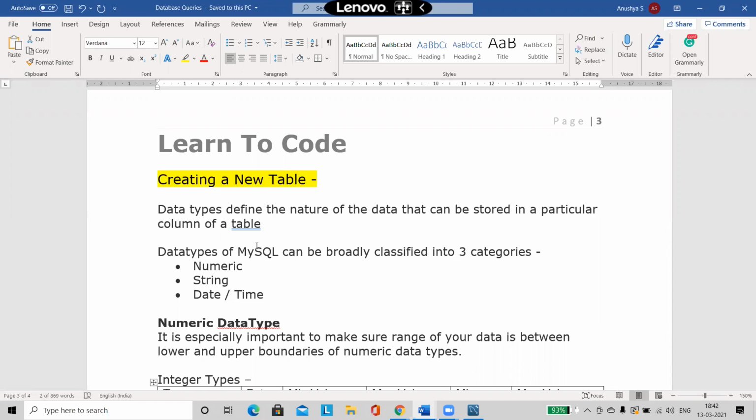So the first point of a data type is that it is used to define what type of value my column is going to store. Now, the second question you may ask: why is it necessary for me to know in advance what type of data is going to be stored? Let it be any type, what is the deal? The problem is, for us to store the data, we require some memory, right?